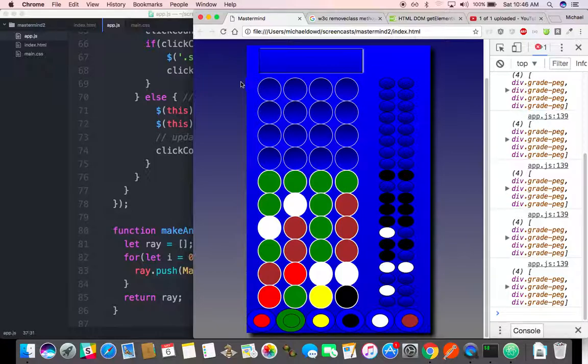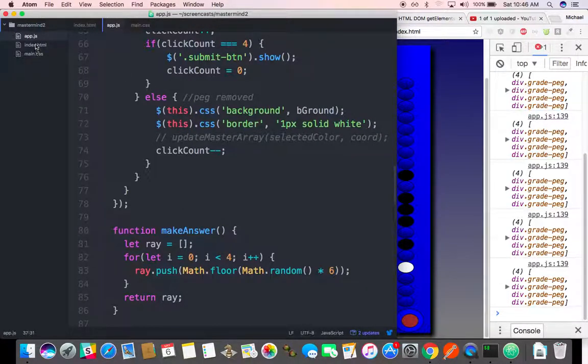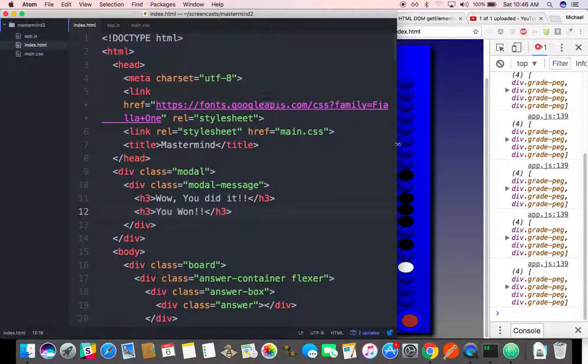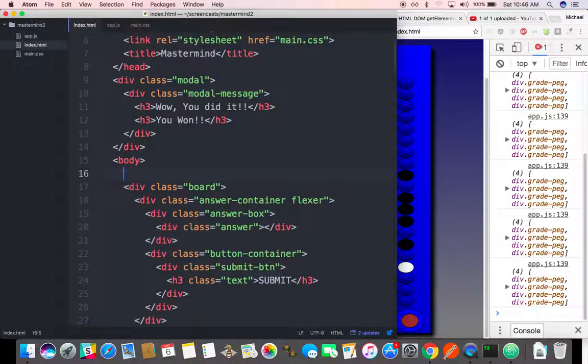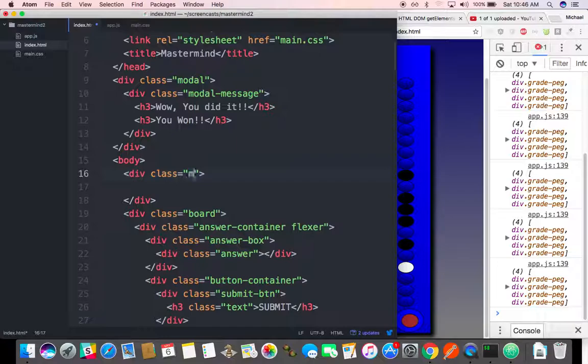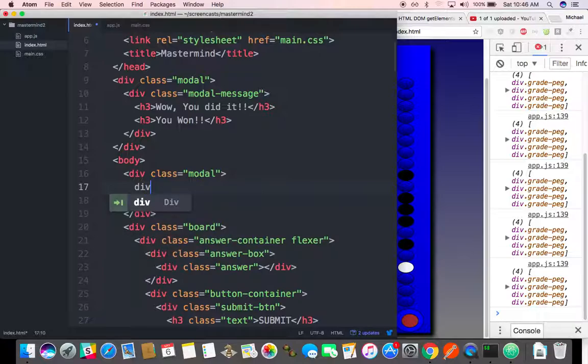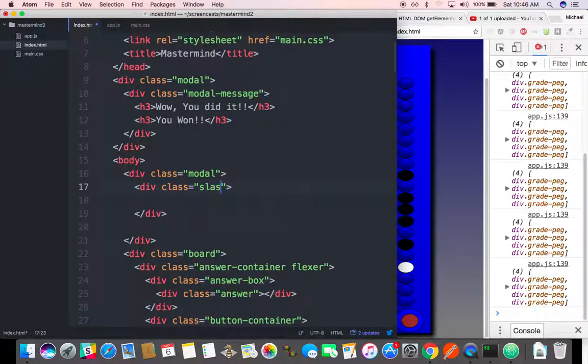The way to do it is it's in the HTML, but it's to remove it from the flow of the regular HTML by giving it a position property that takes it out of the flow. So right above the board, we're going to put in this modal. We'll give it a class modal. And this thing is going to have a message inside of it. We'll put that message in a div. We'll give that thing a class, a modal message. And the message will be in an h3 tag. And it'll say,